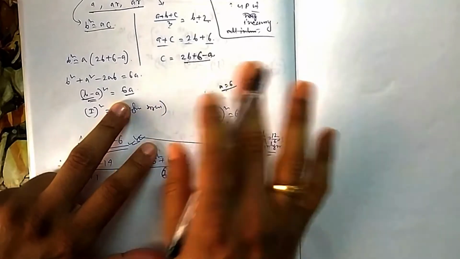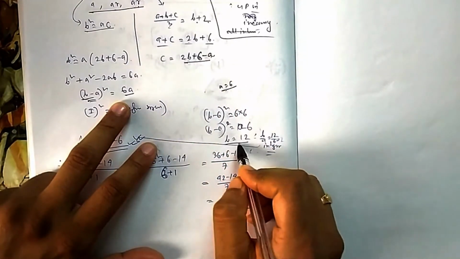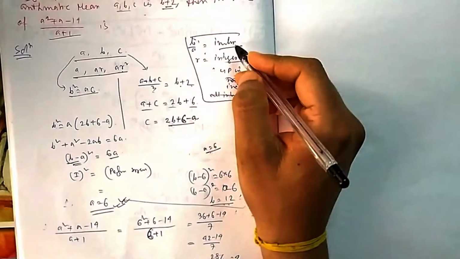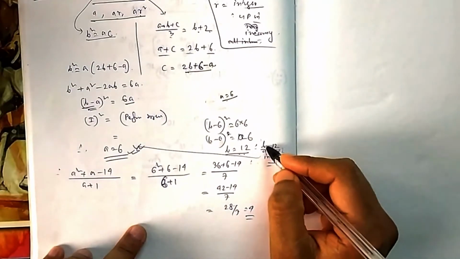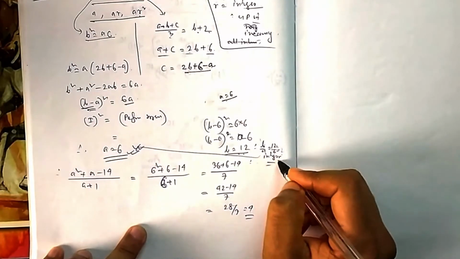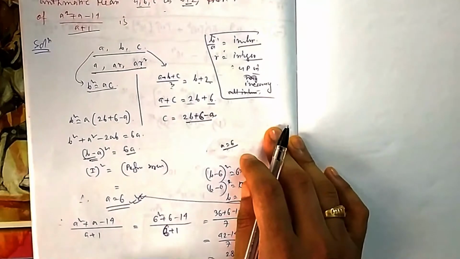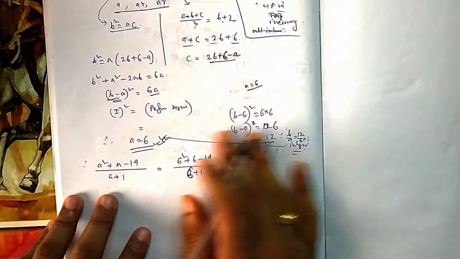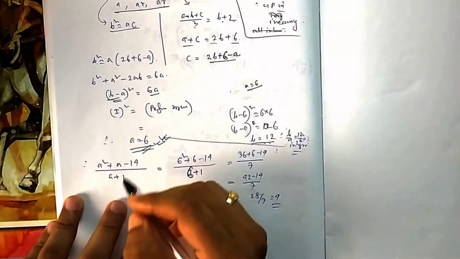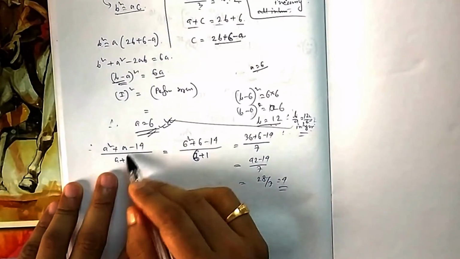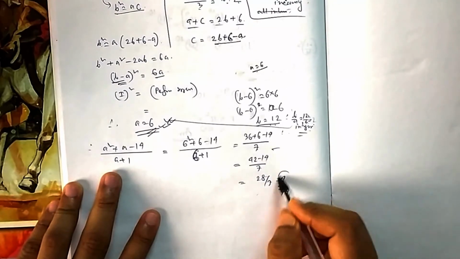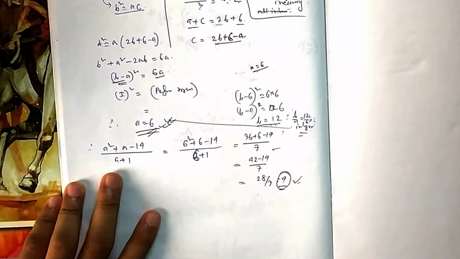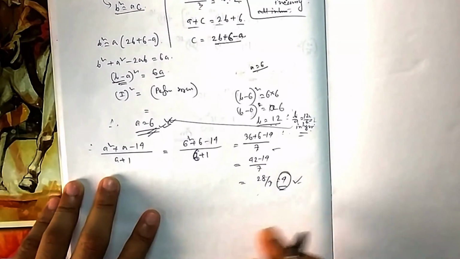Let us check whether all the conditions are satisfied. That means b equals 12. They have given that b by a should be an integer, and 12 by 6 is an integer, so that condition is satisfied. Did they ask anything else? No. So all these conditions are satisfied, and you can happily take a equal to 6. If you put a equal to 6, you will get your answer equal to 4. It is an integer type answer between 0 and 9. So that is the answer.